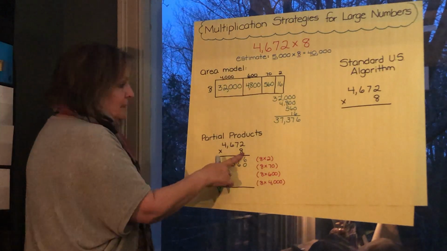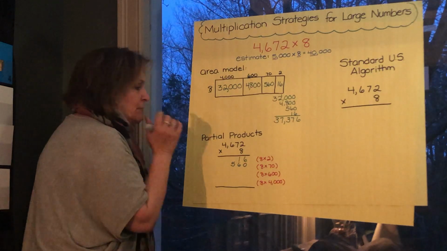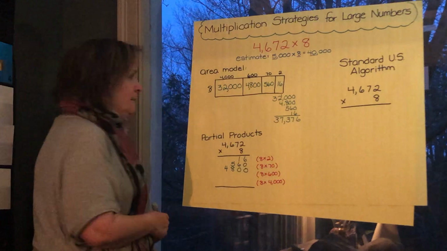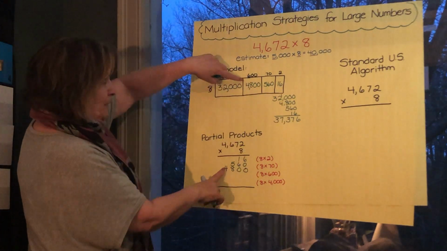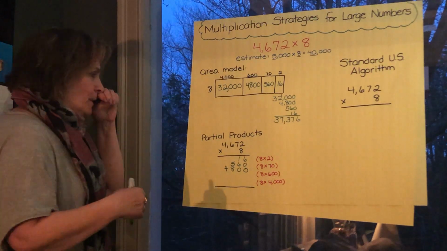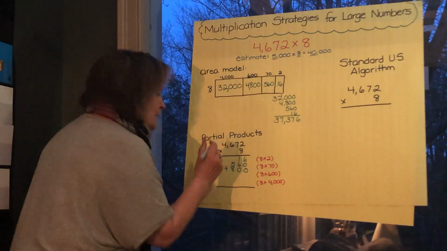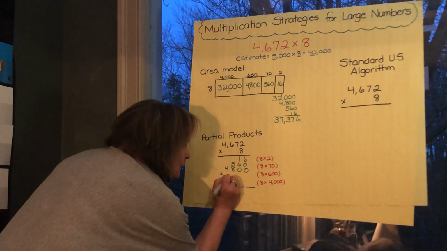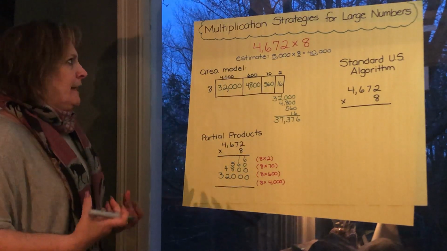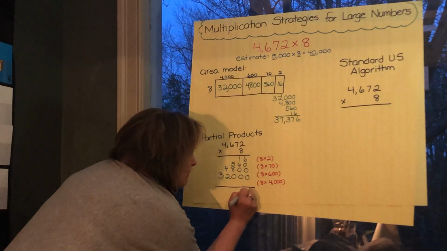Then you looked at the next place value, 8 times 600. 8 times 600 is 4,800. And you'll notice what's happening here is the same thing that's happening here. We're looking at each of the partial products. And then finally, 8 times 4,000 is 32,000. And again, we line them up so that we can add them up, and we end up with